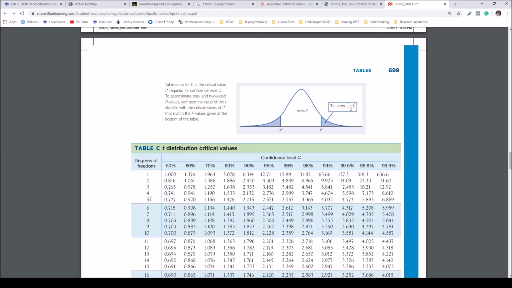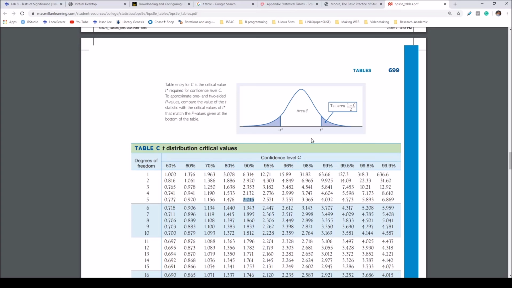Once I fix the degree of freedom, then I will have one specific t distribution. For degree of freedom 5, this t star is 2.015, and then area under this one plus this one is equal to 10%.